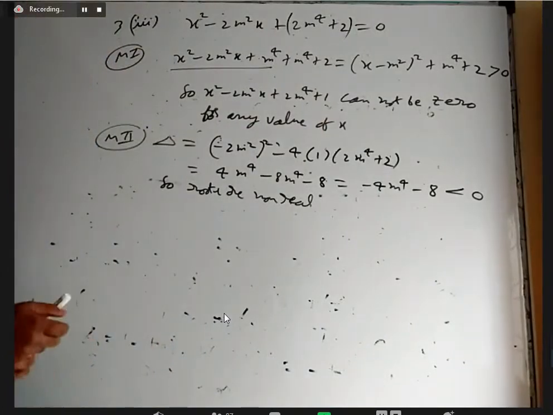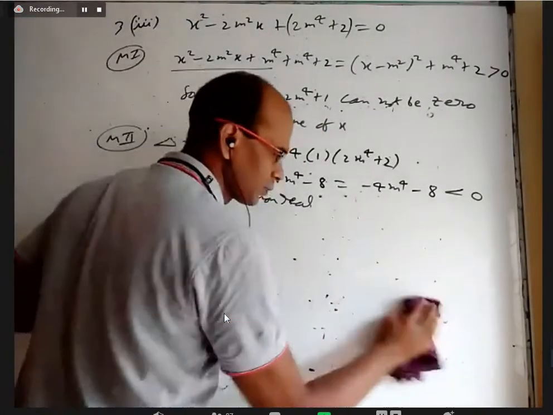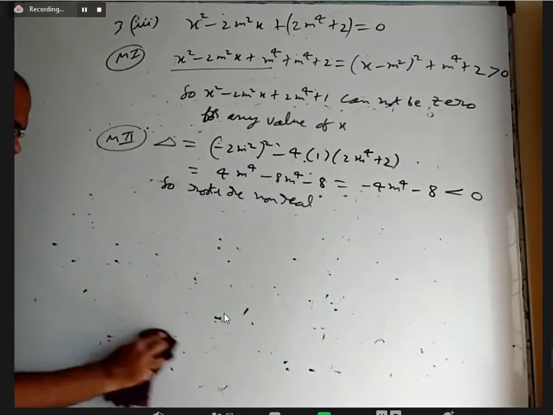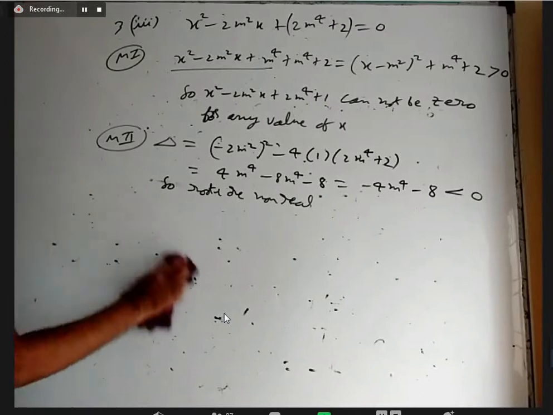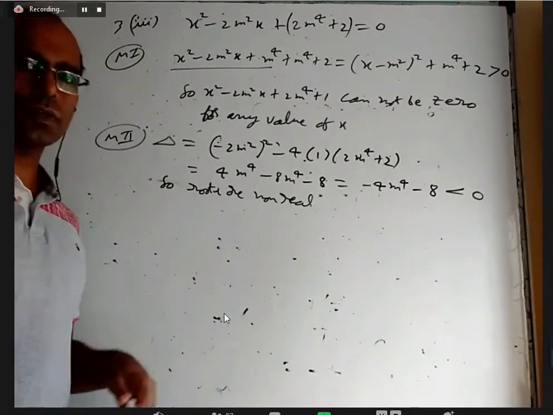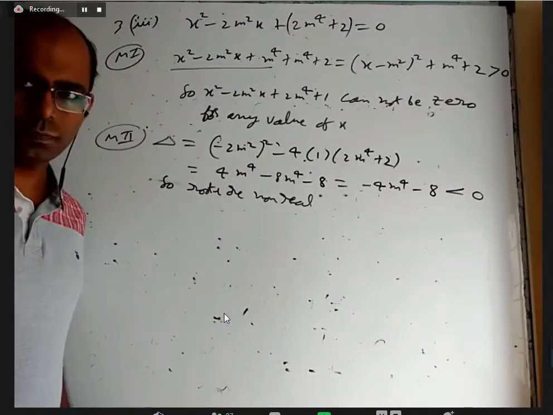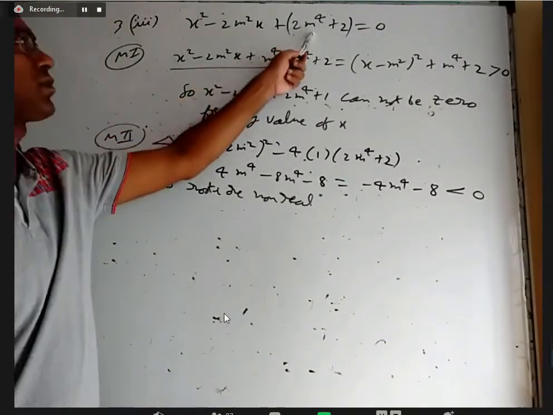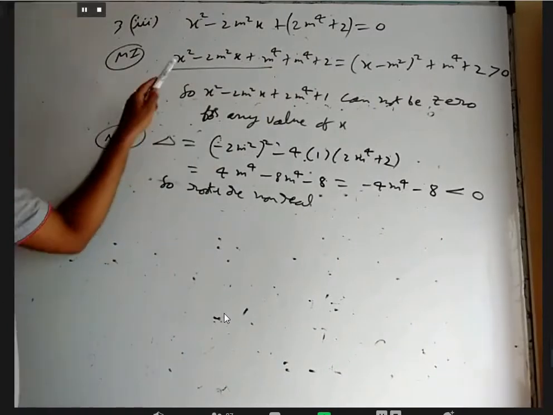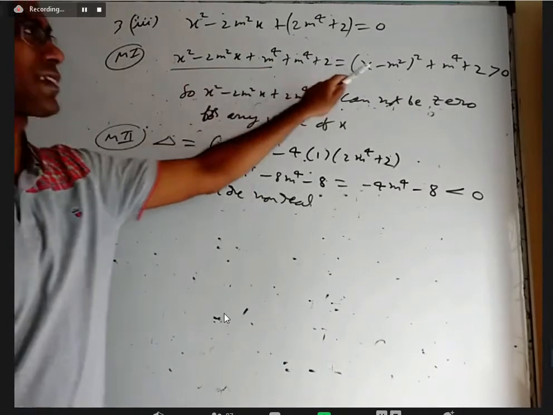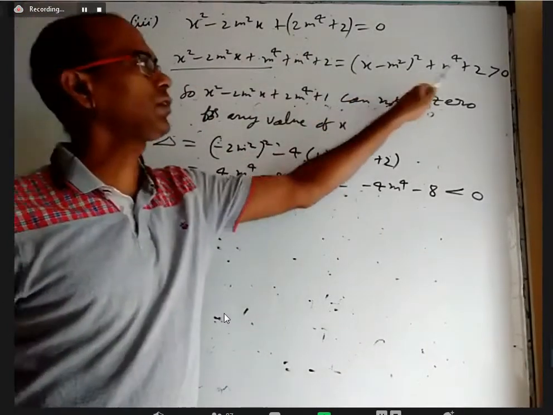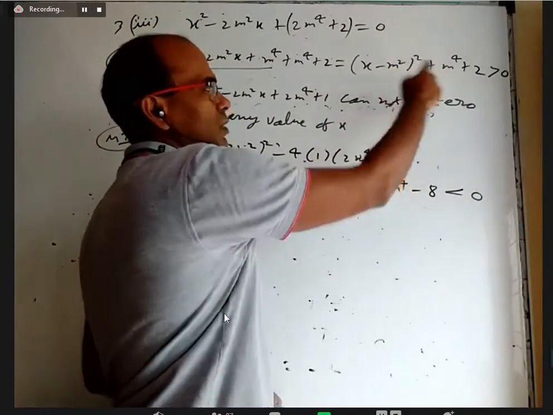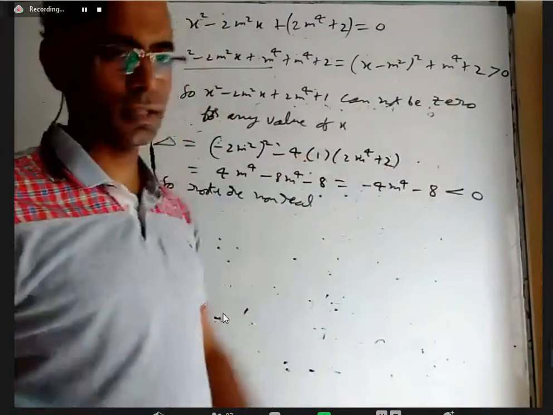But today, whatever I taught from the beginning, did you understand all the questions? Yes, sir. Okay, fine. In method 1, this 2m power 4, I wrote as m power 4 plus m power 4. You can easily see this together is a perfect square, plus m power 4 plus 2. This is always positive because of the perfect square. This is also positive, this is also positive. The sum of three positive numbers will be positive, greater than 0, right?